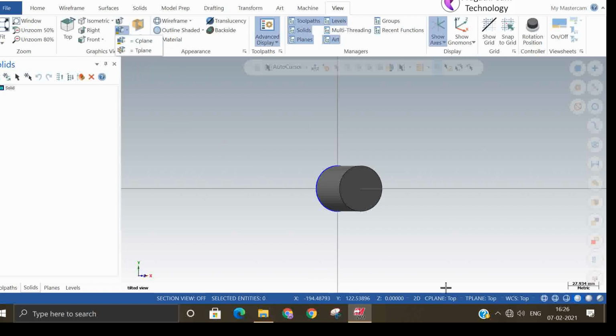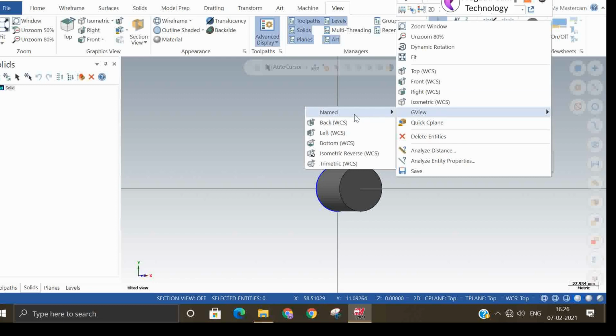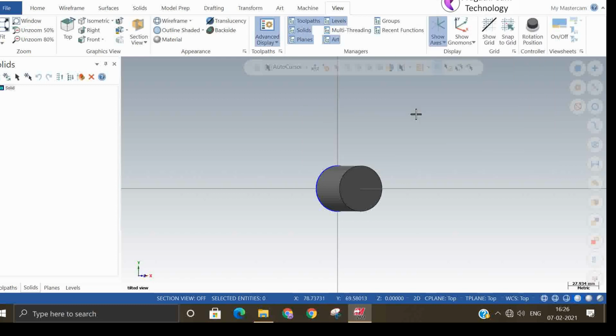Now you can see in the named view that there is a tilted view available. Even in C plane you can see the tilted view available.